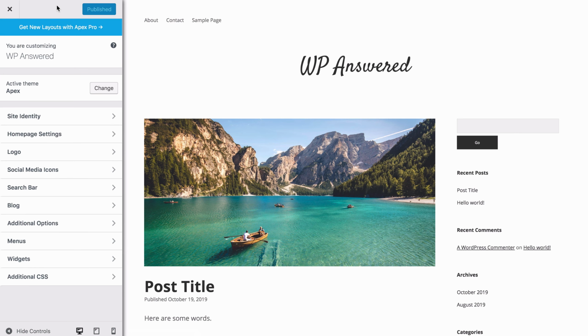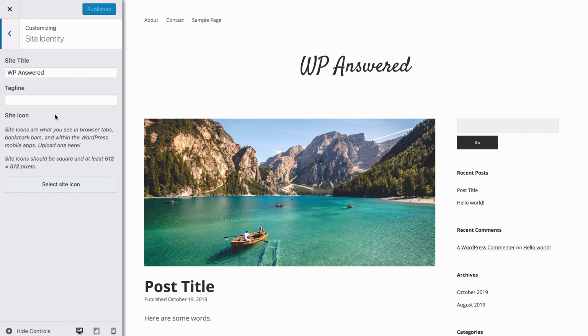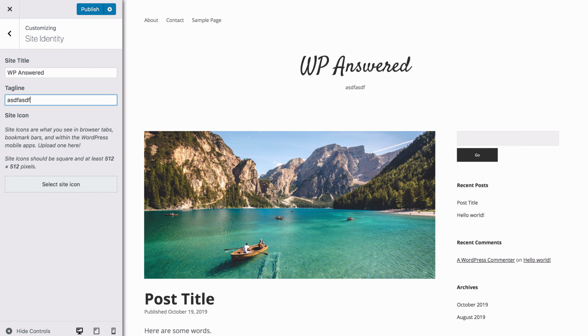None of the edits you make in the Customizer will be publicly visible until you click the Publish button, so you can take your time editing without worrying about affecting your visitors. Even better, WordPress now lets you save drafts of your Customizer changes. Keep an eye on the Publish button, and I'm going to open up the Site Identity section and just make a quick change here to make the Publish button clickable and reveal the gear icon.